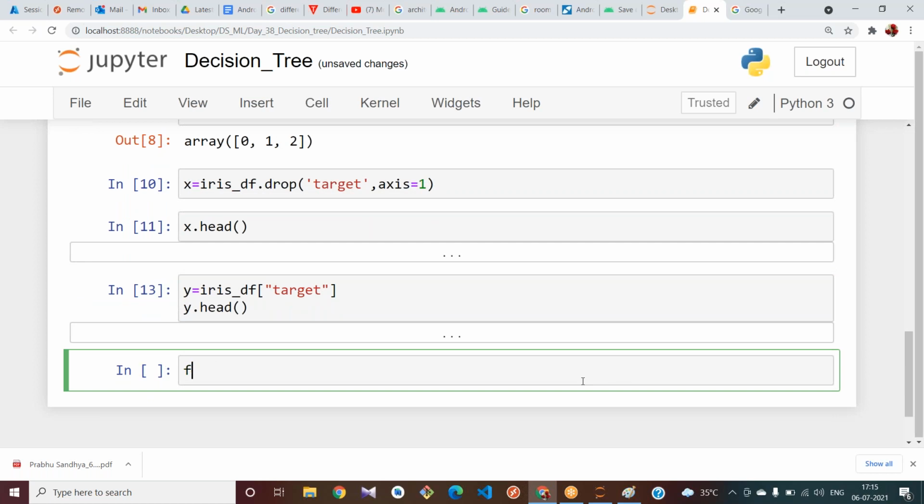Okay, from sklearn.model_selection import train_test_split.